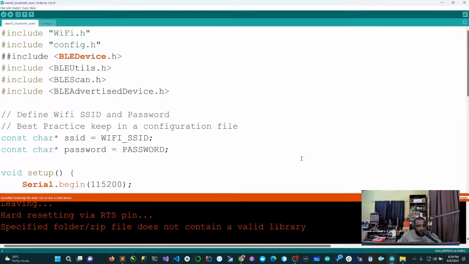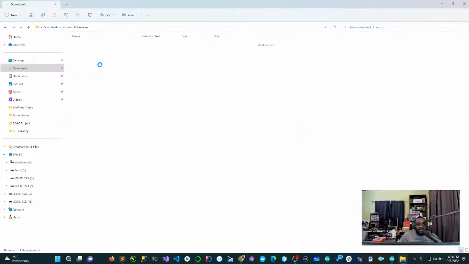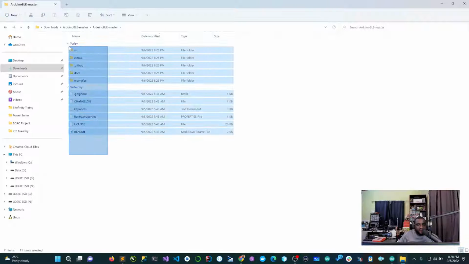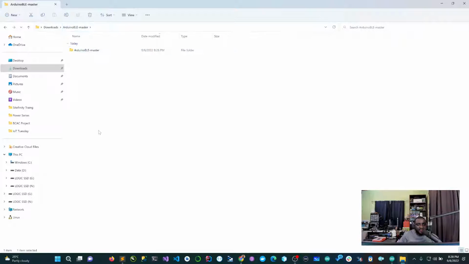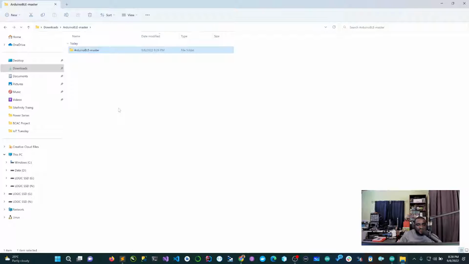Okay, specific folder, zip file, that's all. So you see, that's what I'm saying about the folder. So what we want to do is take the one that we extracted. Okay, so in here, what you want to do is I'll rather zip this one. Okay, so compress the zip file. I'll just leave it here,